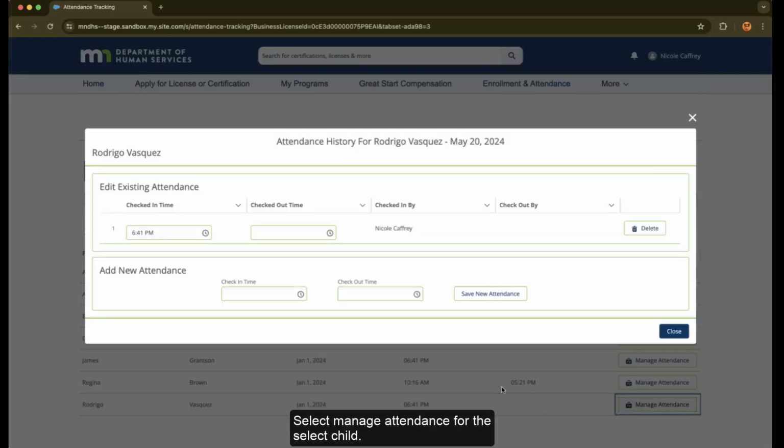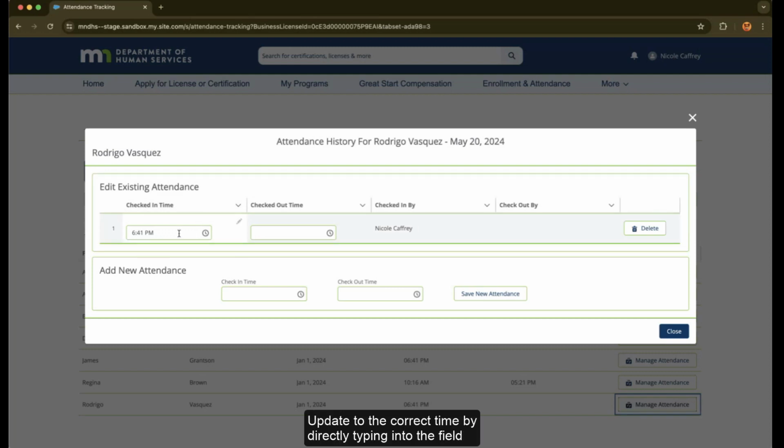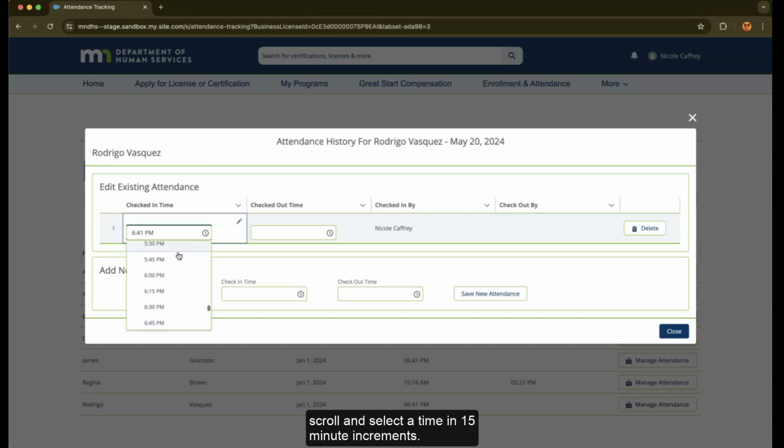In the attendance history window, the incorrect time will appear under Edit Existing Attendance. Update to the correct time by directly typing into the field using hour, minute, or select the clock icon to scroll and select a time in 15-minute increments.